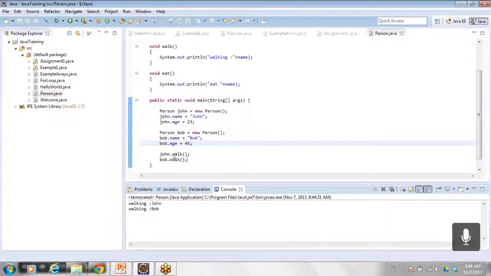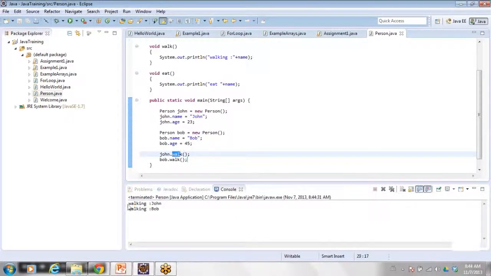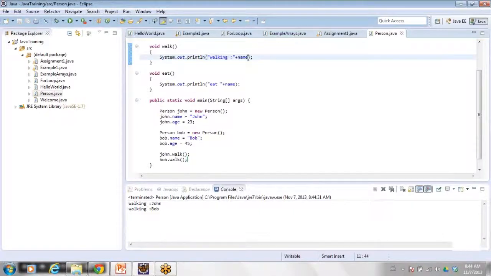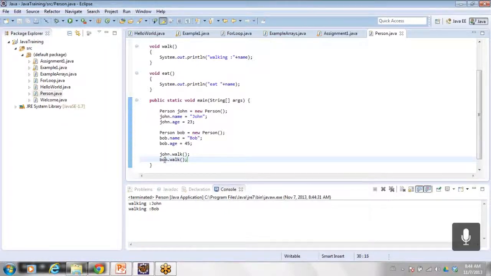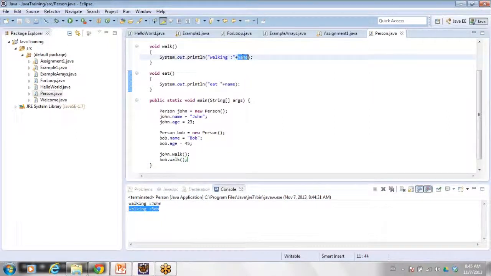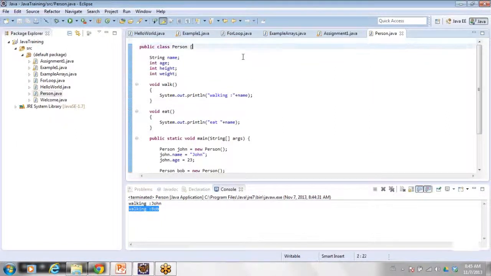See, when it invokes this walk, it has called this function, and I did not pass any parameter to this walk function. So this name has been taken from the object. Similarly, when I call this walk function on Bob object, it has printed walking Bob. So the name has been taken from the object.